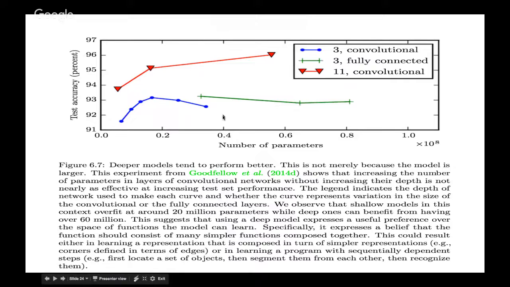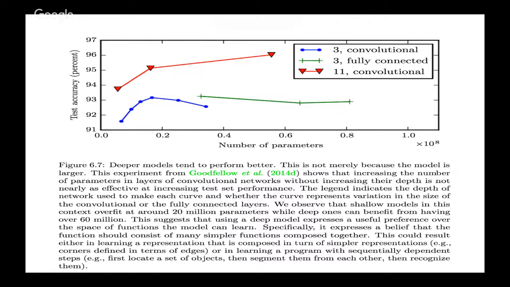So even if you have a bigger hidden layer but less depth, then the test accuracy is not as good, for both fully connected and convolutional. So for this particular problem, this suggests that using a deep model